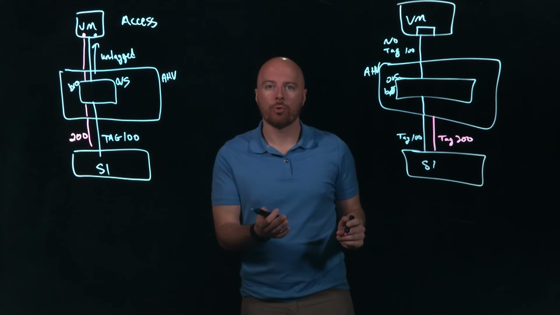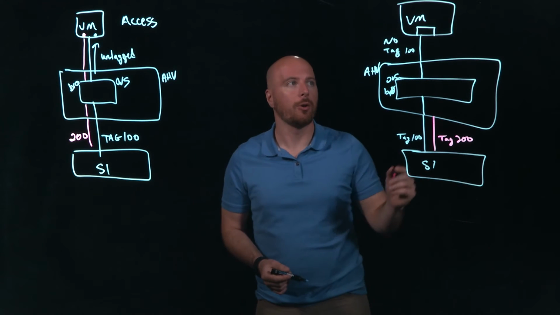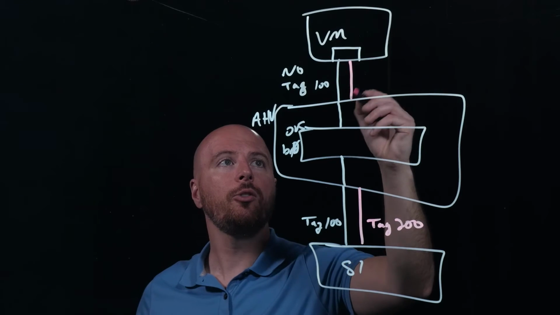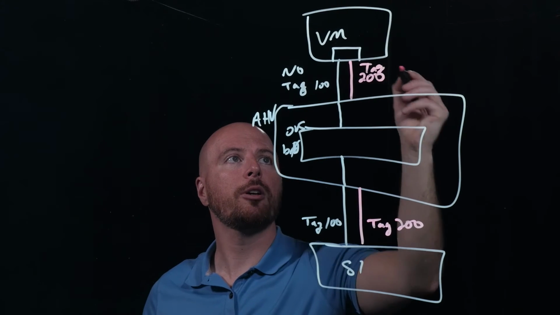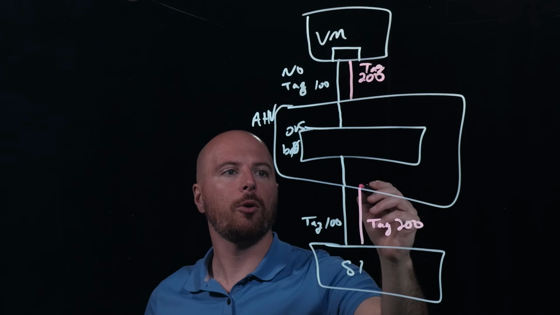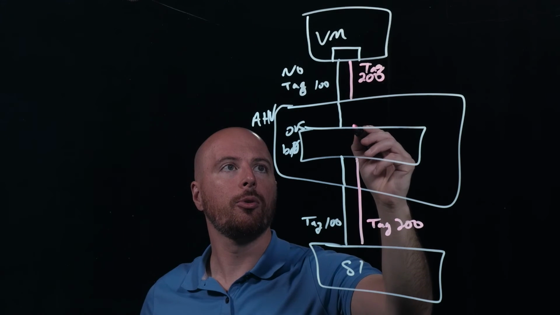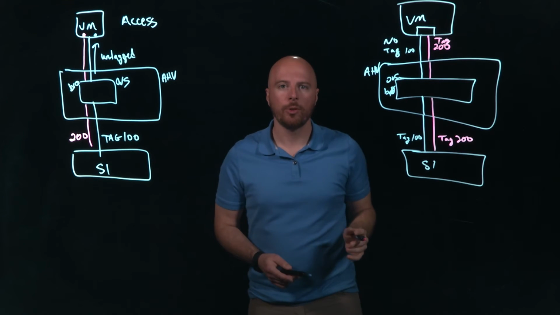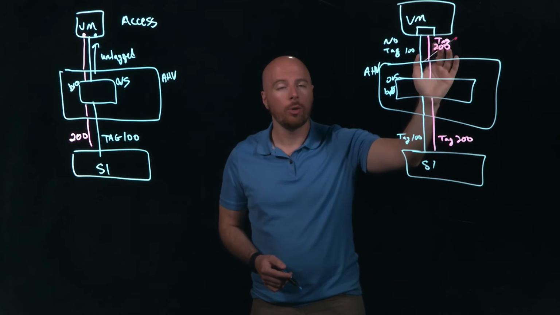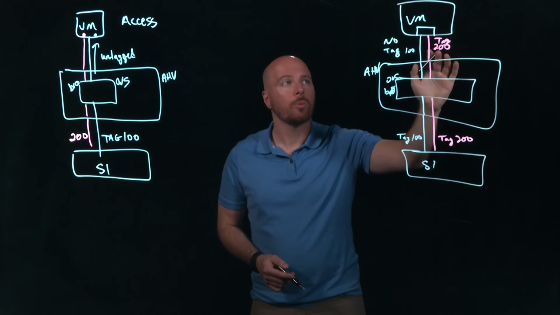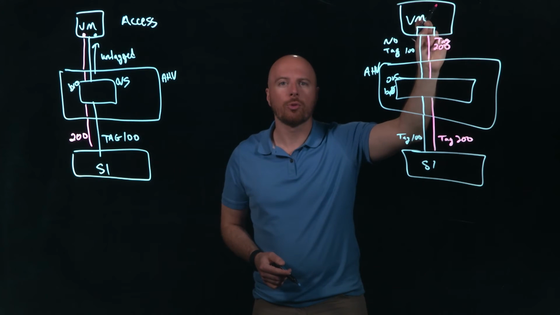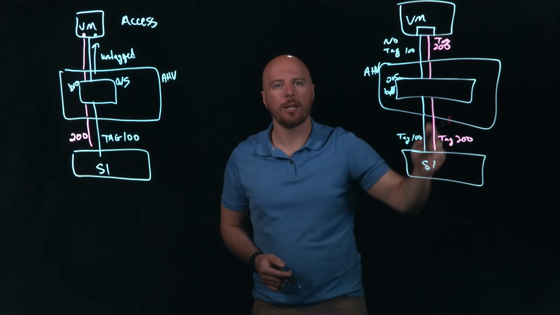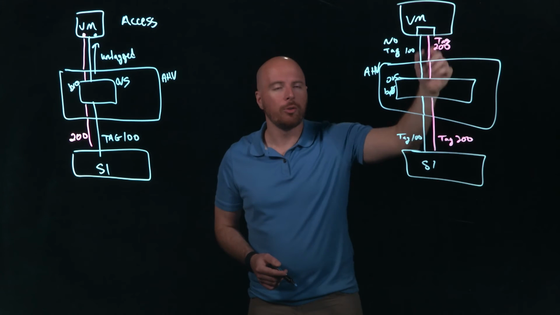We've added a trunked VLAN to this NIC though, and this NIC does get tag 200 traffic sent up to it. So from the switch through the OVS, traffic will be sent on VLAN 200 with a VLAN tag. The virtual machine can also send traffic and put the VLAN 200 tag on the packet, and the Open vSwitch